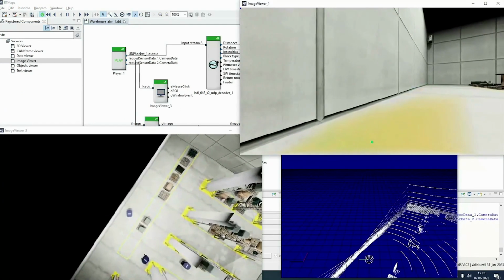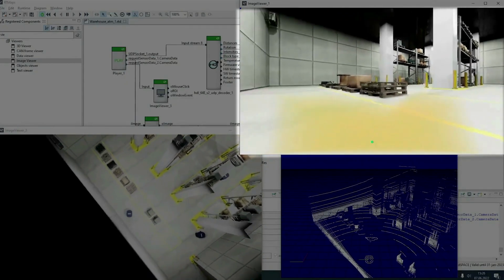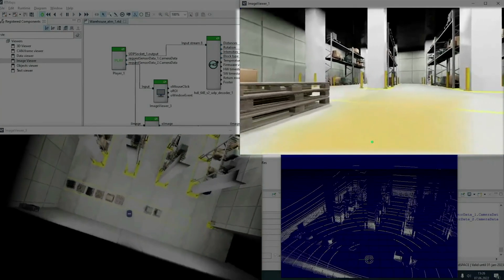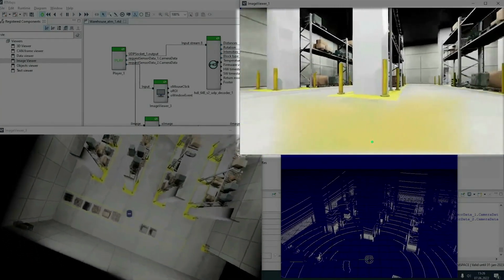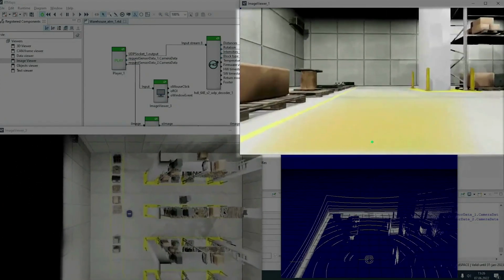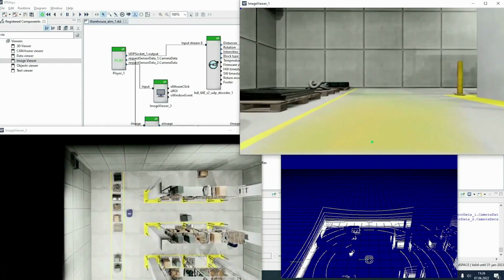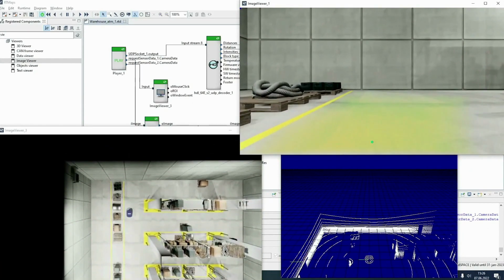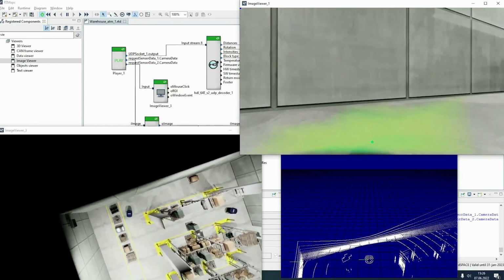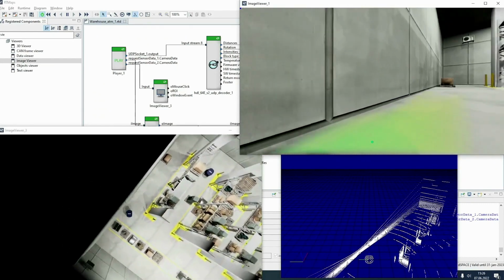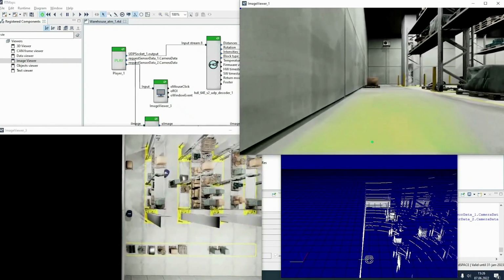In the video on the top right hand, we see the visualization of the free space calculator. The Nexiard algorithm computes the available free space based on the camera streams that it receives. This information is then fed back into the mobile robot, which uses this information not only to plan but also execute its route. The right-hand corner shows a top view of the AMR's motion, and we can see it moving within the warehouse and avoiding obstacles in the warehouse.